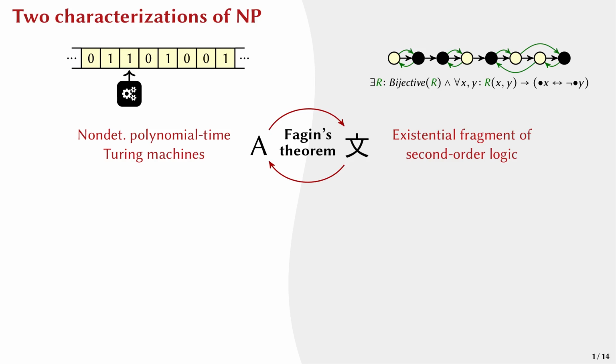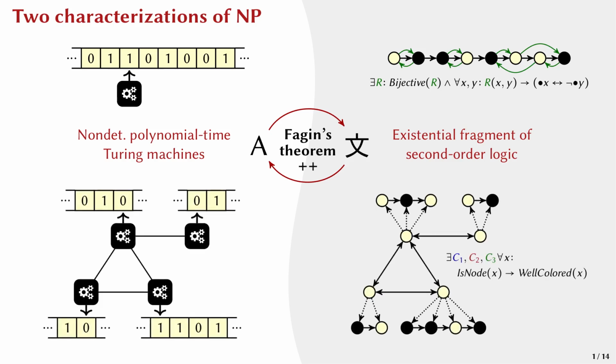Now, I thought it would be really nice to somehow extend this theorem to distributed computing, so that instead of a single Turing machine, we could talk about an entire network of machines. And conceptually, this is not very difficult. On the left, we have several machines that can send messages to each other over the network, and on the right, I've represented this network as a relational structure where some elements represent the nodes of the network and the remaining elements represent the input bits provided to each node.